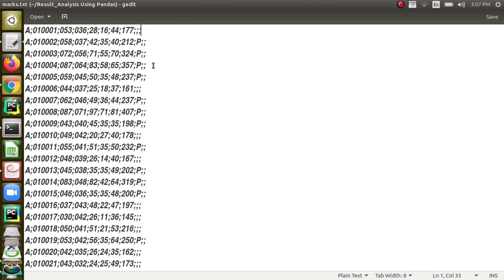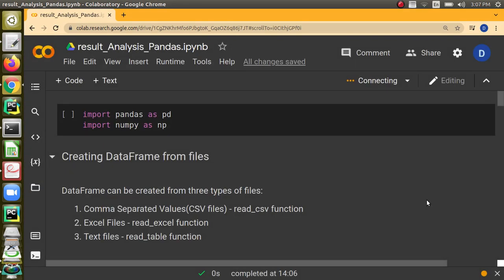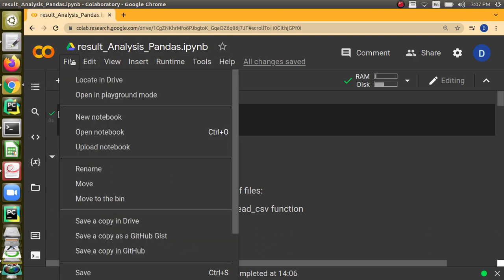So this is the data set with which we are going to work, and this is the Jupyter notebook, and I have loaded this in Google Colab. Hope every one of us knows it. I'll just tell how to do it. Go and type Colab in Google, and it will take you to the first link where you will have Google's Colaboratory.